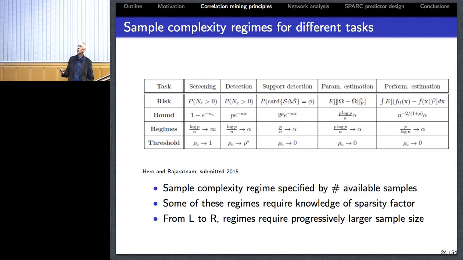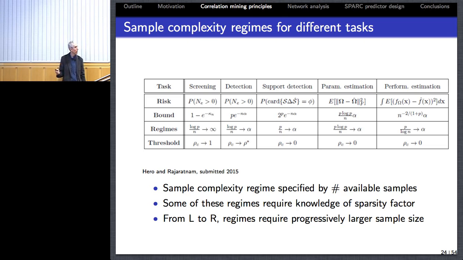This tells you, if your task is really to estimate correlations, and you don't want to overfit, then you need to have basically N more than P. It's got to be more than P. And maybe that P is a P of a set of biomarkers that you've discovered using screening, support detection, from a much larger set of biomarkers. But still, N has got to be on the order of P log P